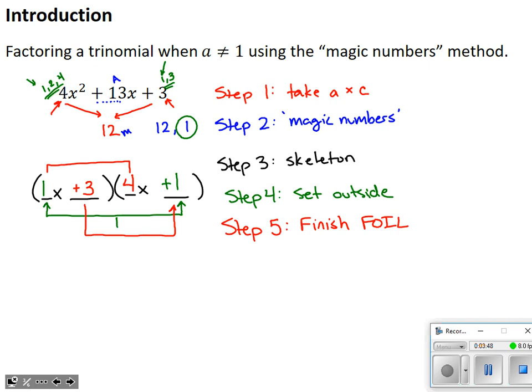Okay, and then lastly, step 6, because right now you can see we've got it all factored out. Step 6 is to check with the inside. So we started with the outside. That product made our positive 1. If I check with the inside, 3 times 4, hey, that makes 12. It should make your other magic number.